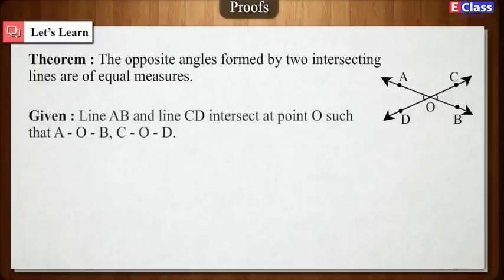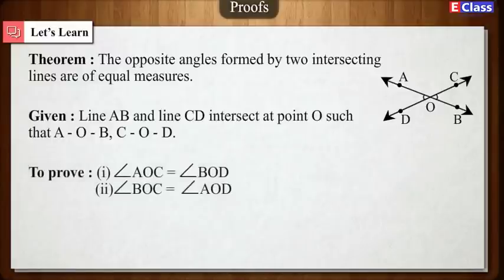Given: line AB and line CD intersect at point O, such that A-O-B and C-O-D. To prove: